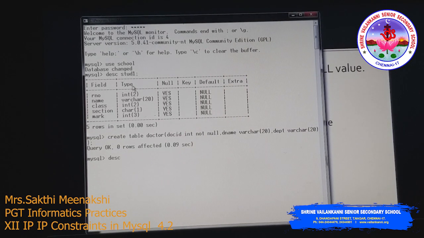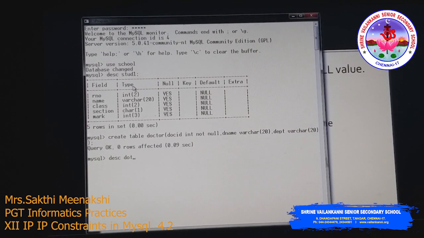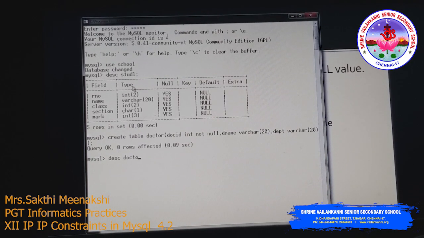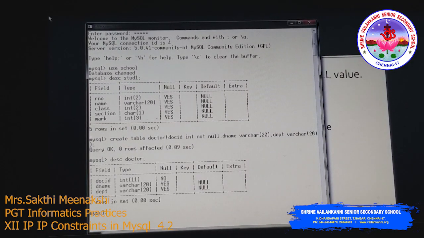If you look at the description of this table, you can see here that null value is not accepted. It is specified as no for null, since we have declared it as a not null constraint.